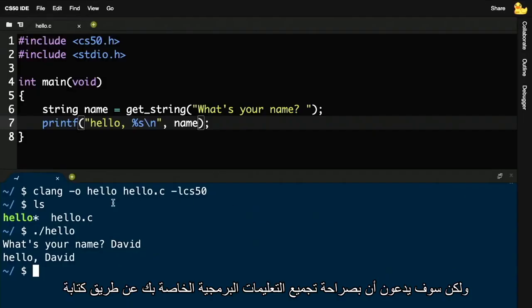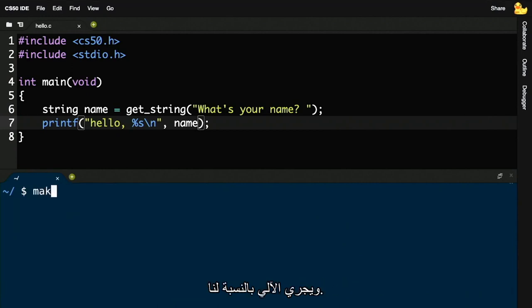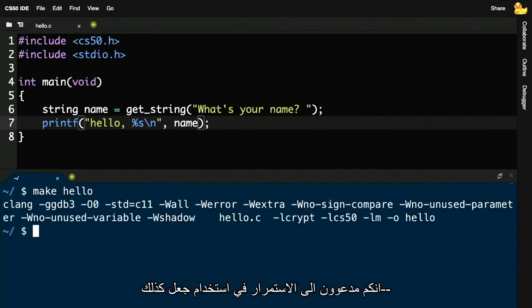But I'll claim that, frankly, compiling your code by typing out all of these verbose command line arguments just gets tedious quickly. And so computer scientists and programmers, more specifically, tend to automate monotonous steps. So what's happening ultimately with make is that all of this is being automated for us. So when you typed make hello last week, and henceforth you're welcome to continue using make as well,